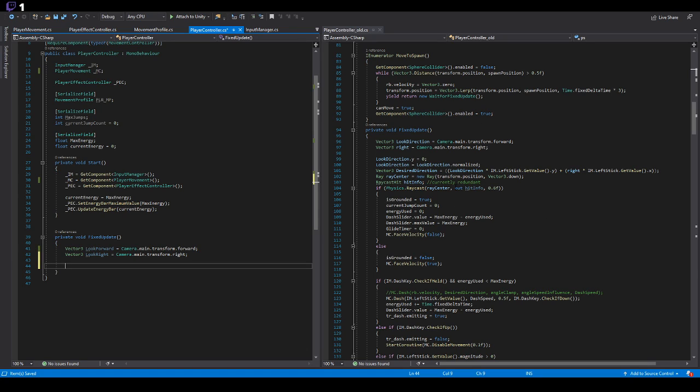Now, I don't know about this desired direction thing. Actually, desired direction is just our input. Okay, so I'm not going to call it desired direction, though. I'm going to call this